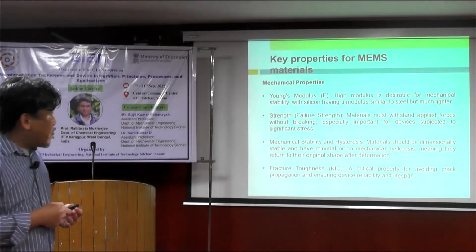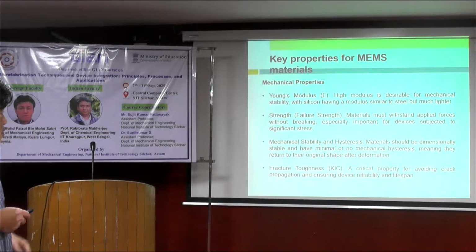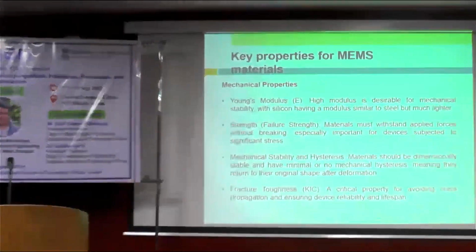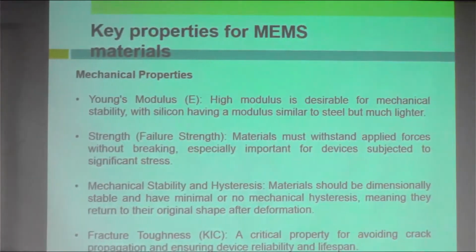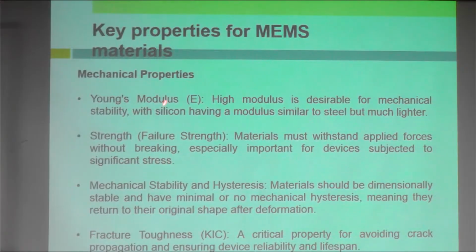So we look back at the mechanical properties. What is the concern in terms of the use of mechanical properties here is the Young modulus. Higher modulus is desirable for mechanical stability, with silicon having a modulus similar to steel but much lighter. That is the advantage of using silicon. It's lightweight, but at the same time is as good as metal, as steel, in terms of the Young